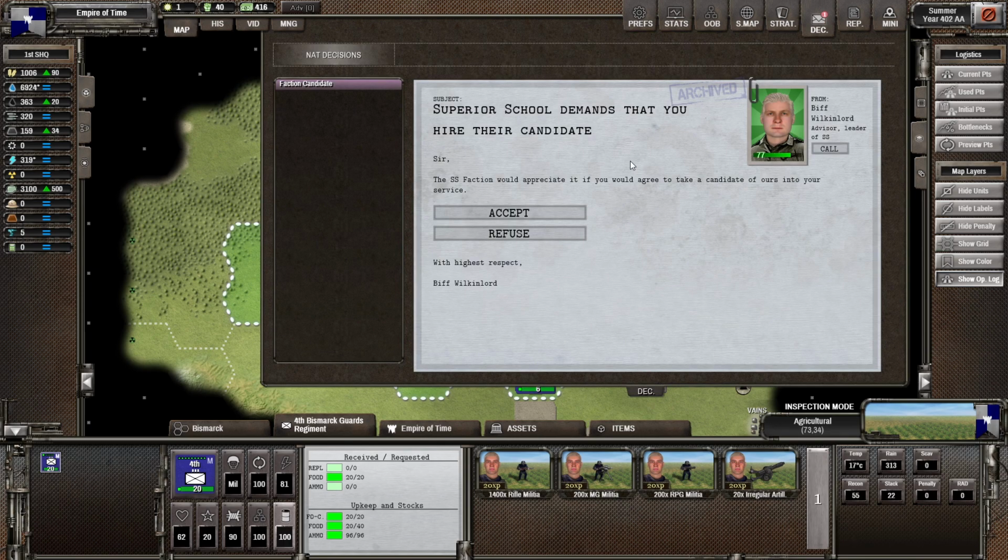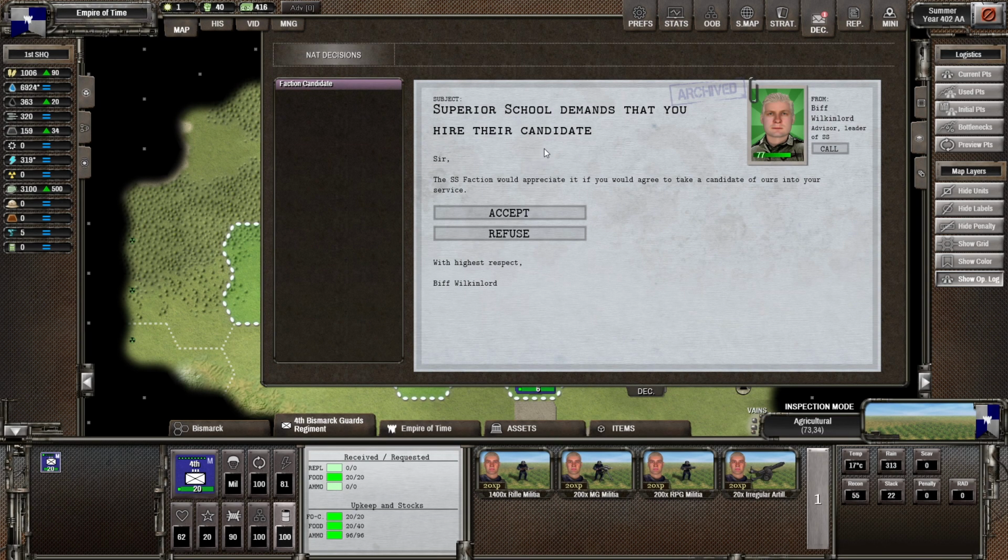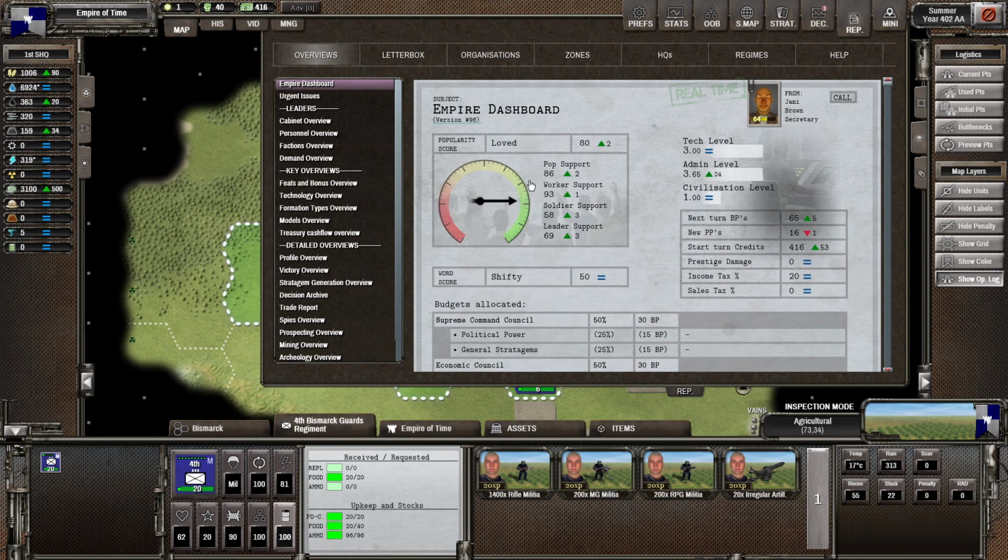We still have to decide one more thing. The Superior School, and that is the faction that we think is pretty good. They have a pretty good set of values that we like: Commerce, Meritocracy, Militia. They are the ones saying, hey, can you take on another leader from our group? It's archived. So I think we're going to do that. Even though we don't have a job for that person just yet, we might very well want them to get stronger here, right? Because right now, what did we say? We have,